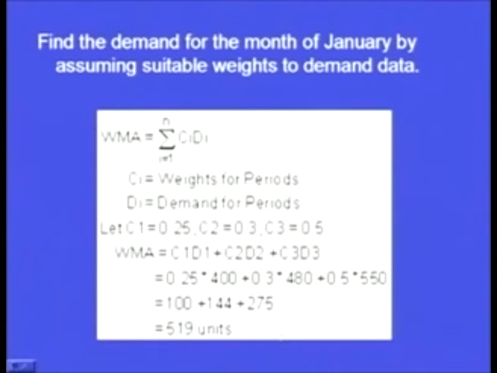519 units. So what we are doing here is that we are assigning certain amount of weights to the observations of the data which is available with us. So we are assigning more weights to the demand or to the observations which are just near to the month for which we are forecasting, and we are assigning less weight for the data of the months which are far away from the month for which we are forecasting, and this will help us to keep into account the latest variations that are taking place in the actual demand of the particular item.